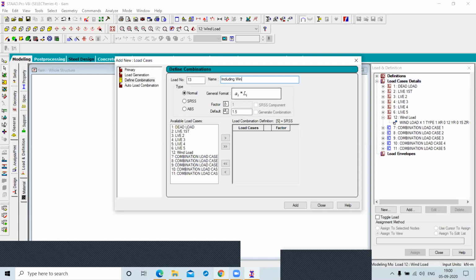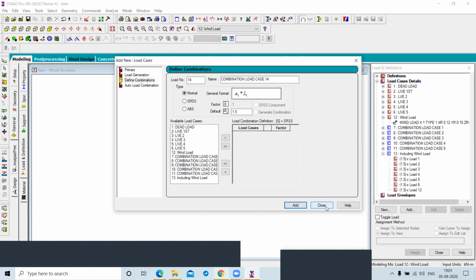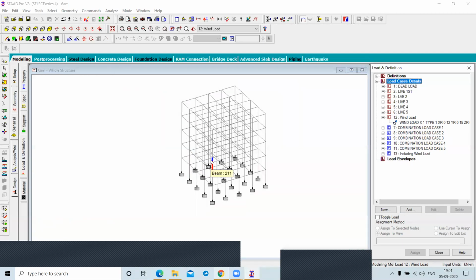Now choose dead load and wind load also and click on this button, right? Click on add and close. So this is the combination load with all the loads.